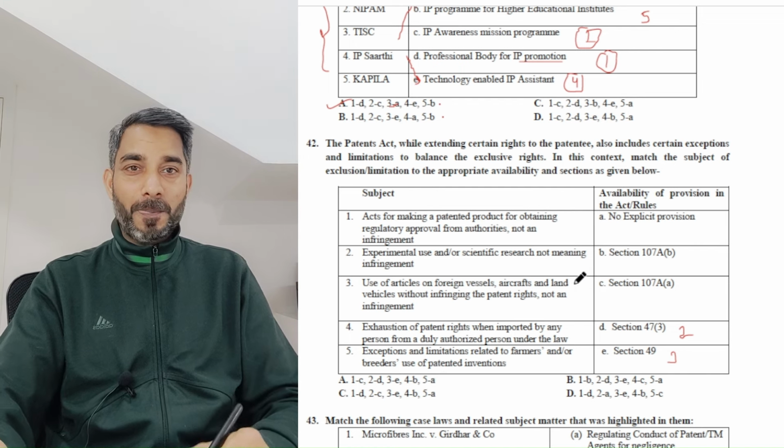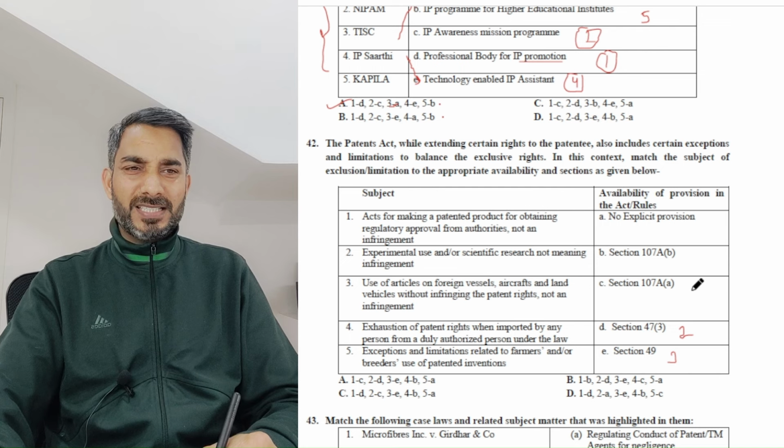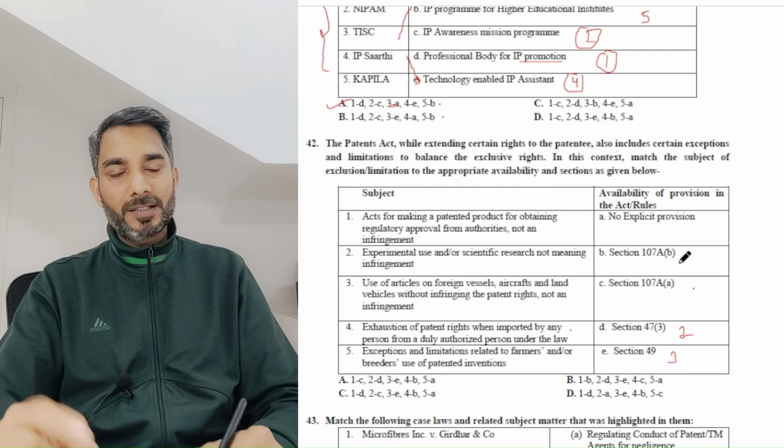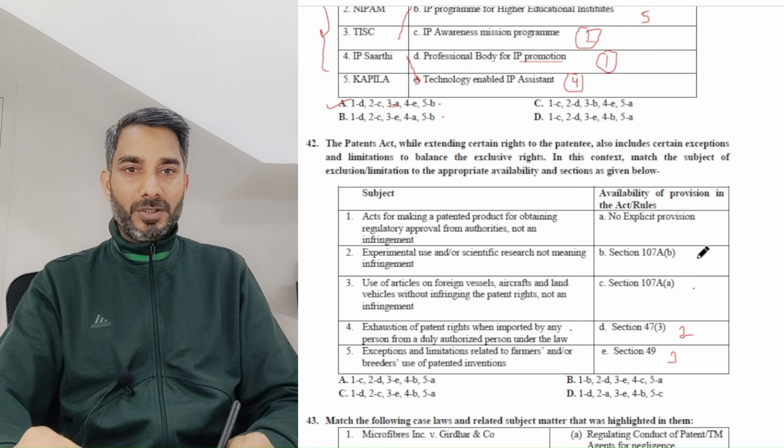So we still have to go. Act for making a patented product for obtaining regulatory approval. This is about the Bolar provision. 1C, I think, Bolar provision. And use of, this one, exhaustion of patent rights. This is also the exhaustion principle. This is also there in the Bolar provision, section 107. So I would write 4 here and